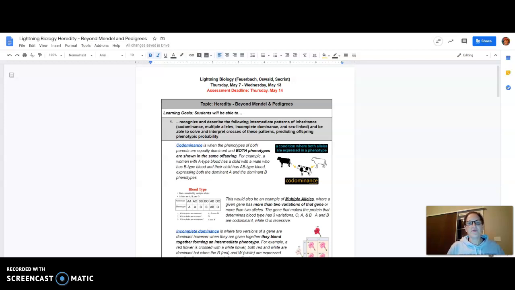This week, we are going to continue on with heredity, genetics. However, unlike last week where we talked about Mendelian genetics and complete dominance, this week we're going to go beyond what Mendel originally found, and we're going to look at a couple patterns of inheritance that are beyond complete dominance. If you take a look at the document that is included in the email,